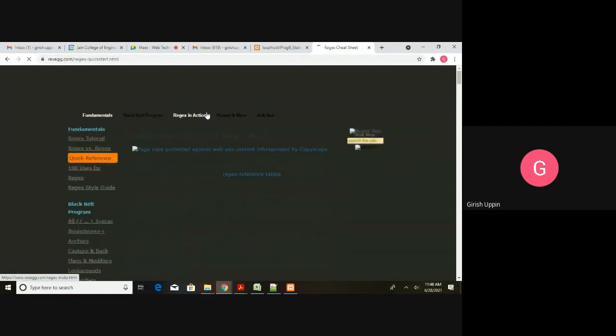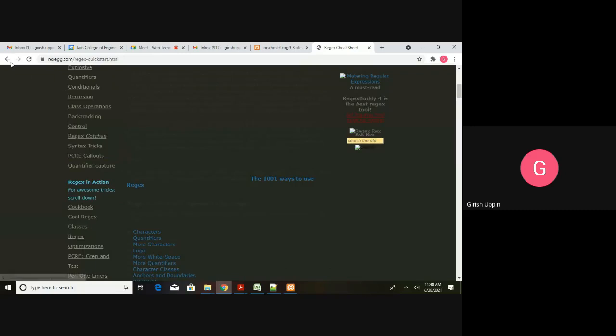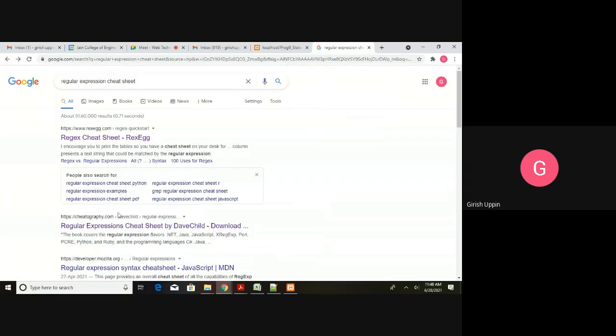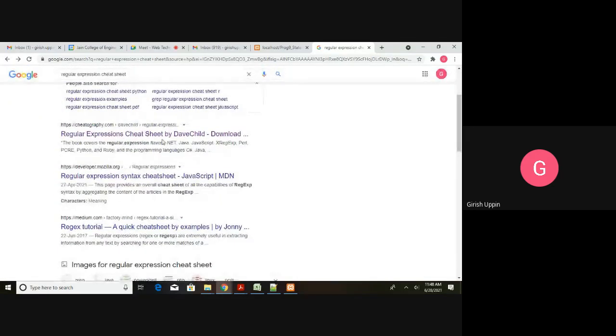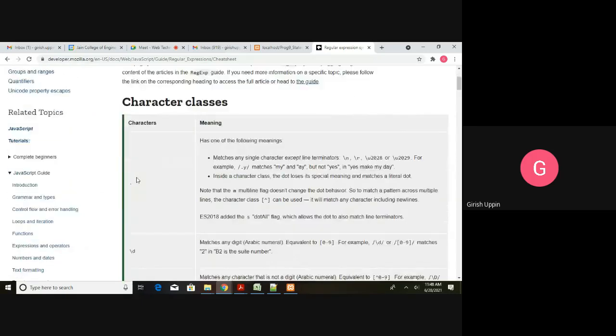I'm going to use regex.com. Regular expression syntax cheat sheet, anything you can use.